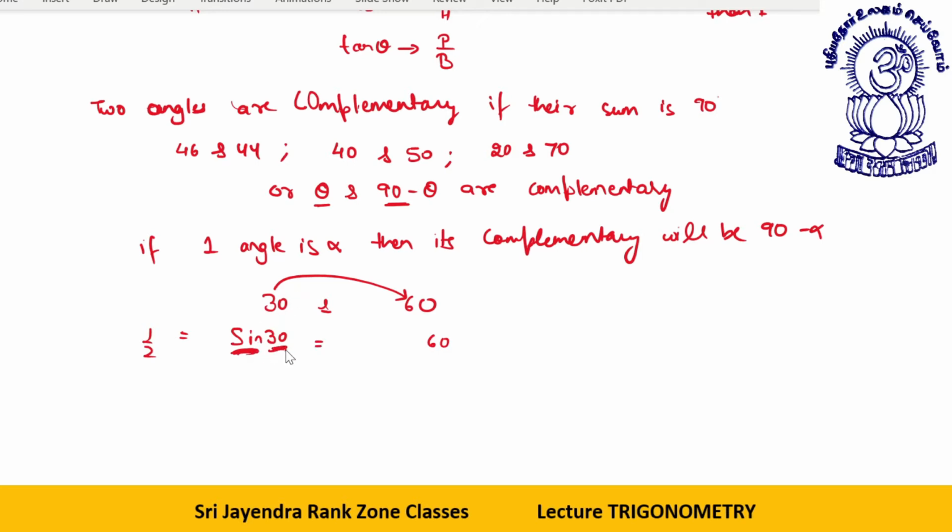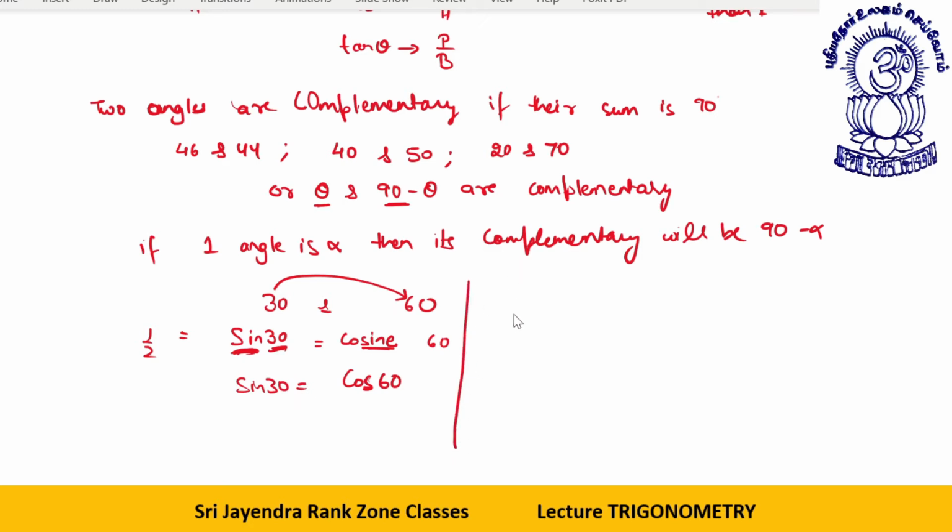I have complemented this 30. So this is 60. So here I will write a term that will be complementary of sine 60. That will be sine 30 will be equal to complementary of sine 60, cosine 60. Getting it? That we call as cos 60. Okay. Sine 30 is equal to cos 60.